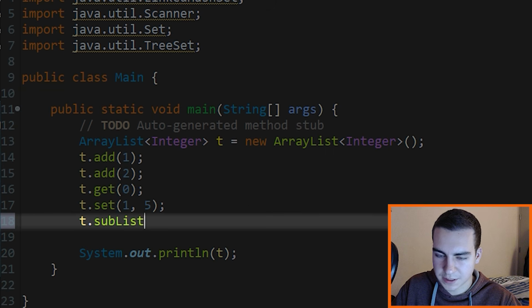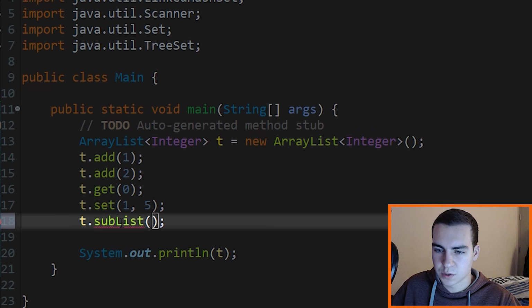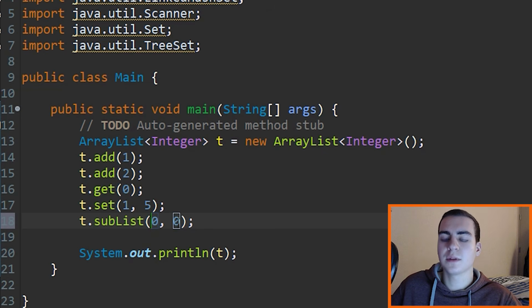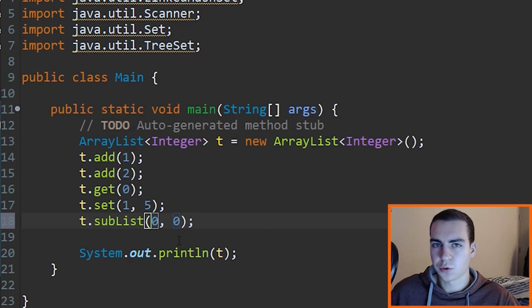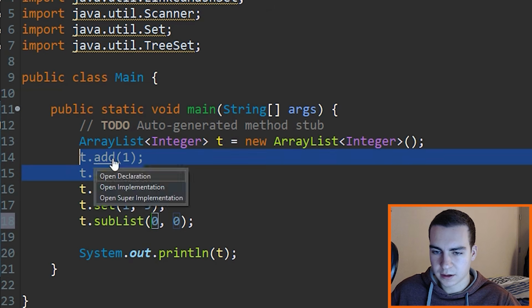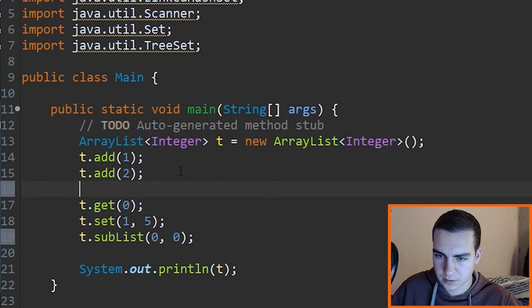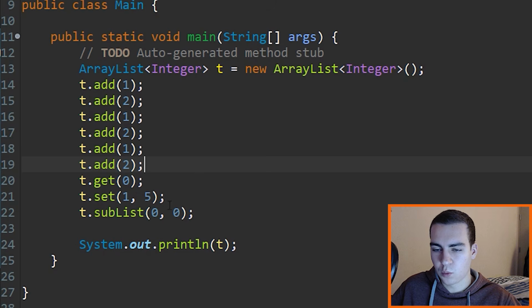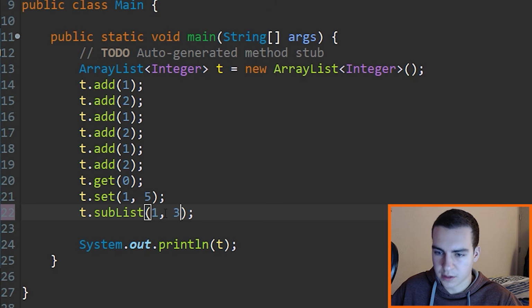It's called subList, and what this allows us to do is get from certain indexes. So t.subList, let's see, add argument, yeah, so we just need an int. So this is going to allow us to get within a certain range. So say I add these a bunch of times, okay, so we have 6 elements now. What I want to do is get from index 1 to index 3, and I want to print that to the